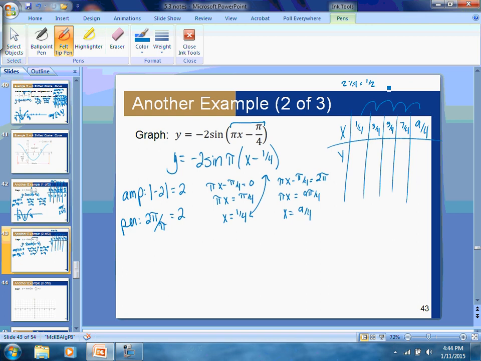Now normally my y values for the sine function, I start at 0 and go to 1 and then 0 and -1 and then back to 0. But I have to multiply by this number that was out in front. So I'm going to start at 0 and then go to -2 and then go up to +2. So this is going to flip. Okay. So now when I graph,